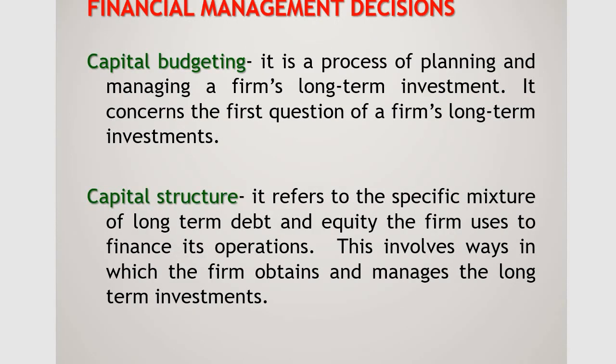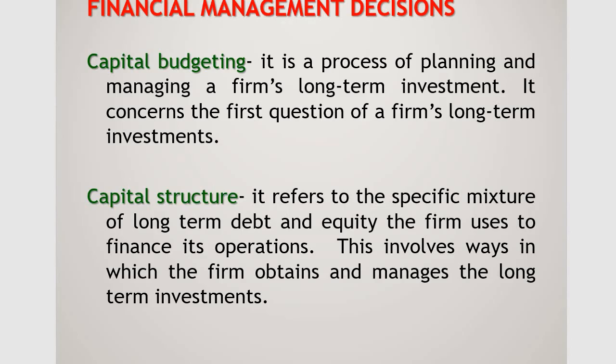Good. With this, we come to the financial management decisions. What decisions does the finance manager make? We call the first one capital budgeting. It is the process of planning and managing a firm's long-term investment. It concerns the first question of a firm's long-term investment. So if a firm wants to invest on a long-term basis, first of all there has to be capital budgeting, the process of planning and managing the firm's long-term investment. So for any long-term investment, we are trying to find out how you are going to